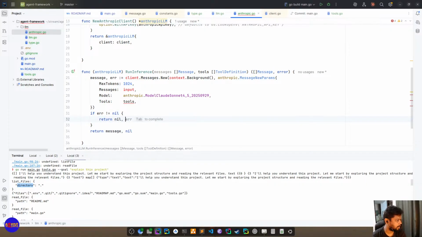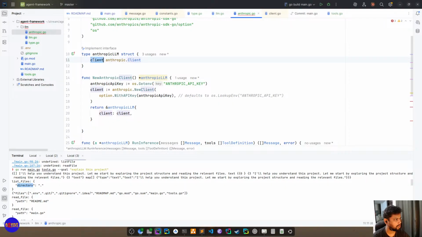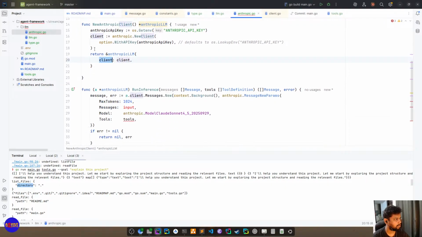We return nil and error. Context. Now this client will get from A, right? So the client will get from here. So we created a client once, save it here, and each invocation we will just access this client, right?